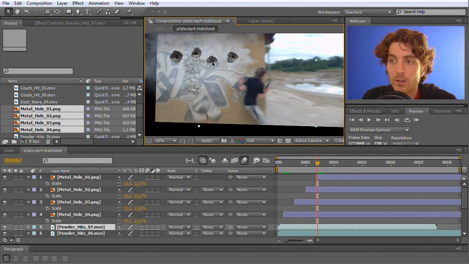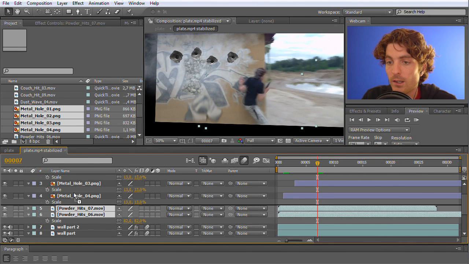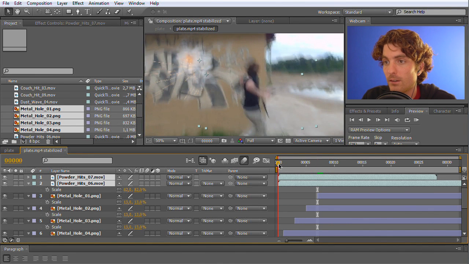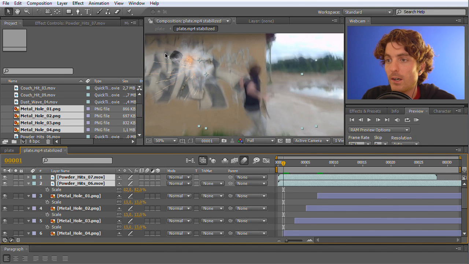And always when you composite, make sure that you have the right order of your layers. So you can imagine that these holes here are behind the dust. So take your powder hits and move them above your holes here. Yeah, already much better. Another thing is, these holes are, again, still footage, still images, so quite high resolution and